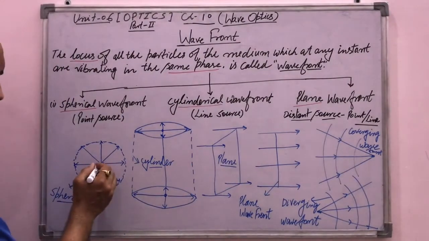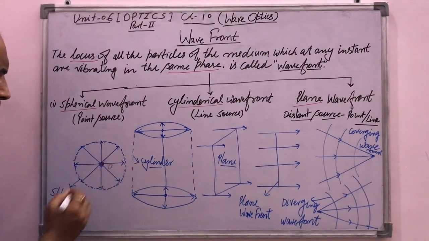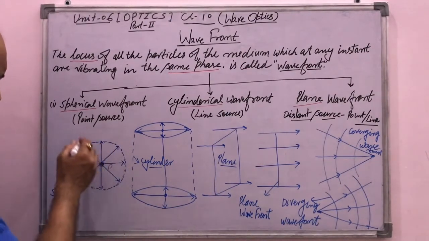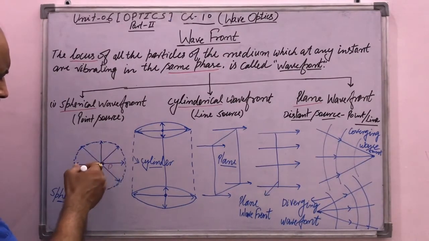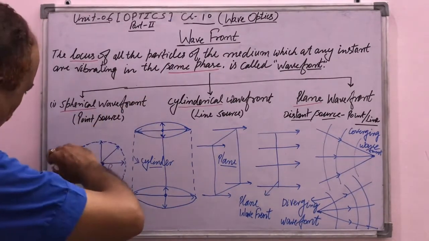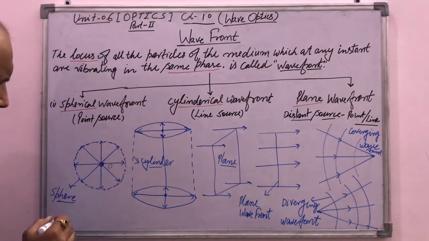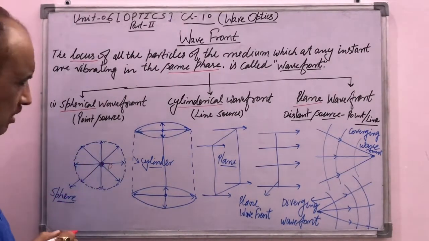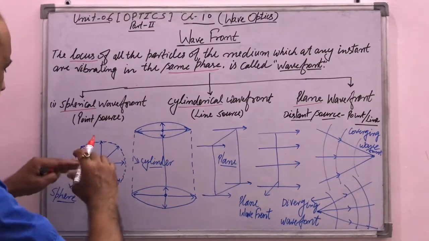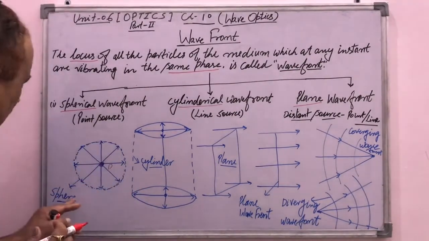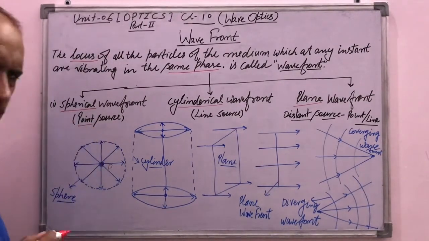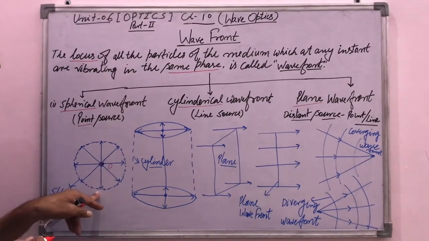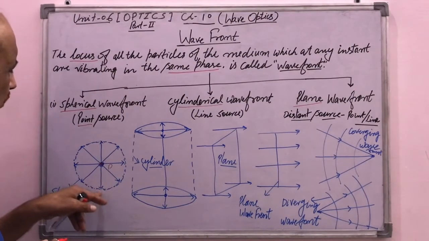So it is a point source P, and these radii show the rays, which are sent out in the medium, and when we draw a circle equidistant from the point P, in terms of the surface, it is a sphere. So a spherical wavefront is originated by the point source, and it can be drawn like this. So this is the diagram of the spherical wavefront.